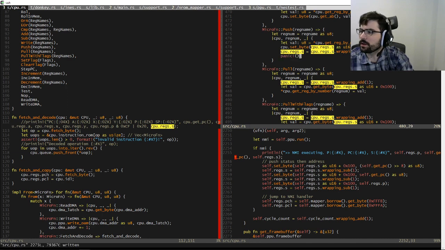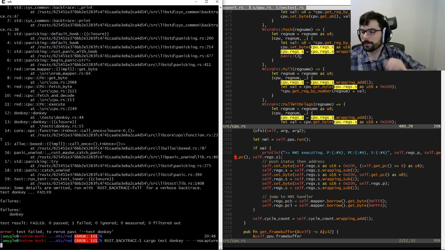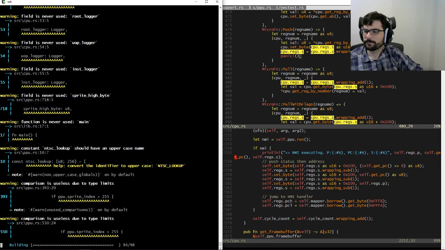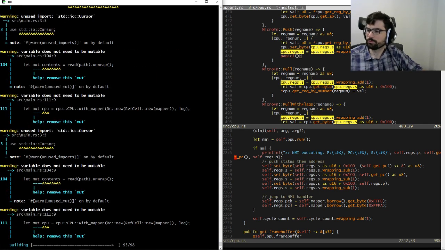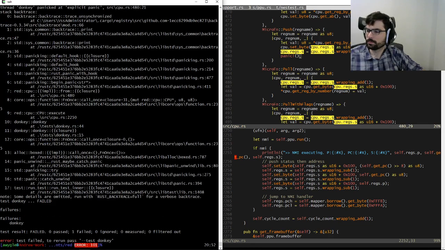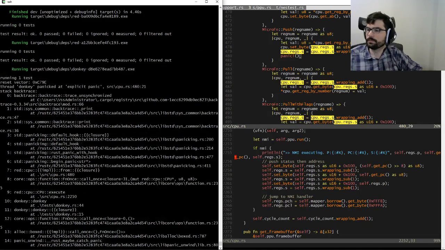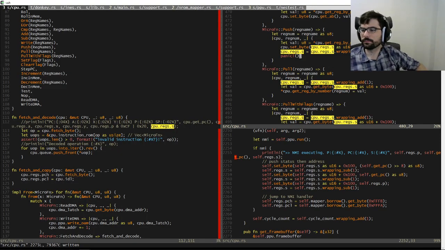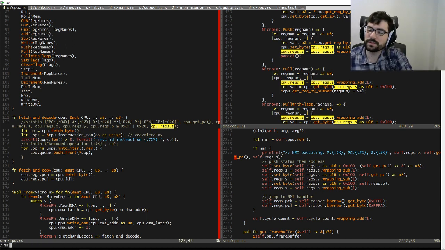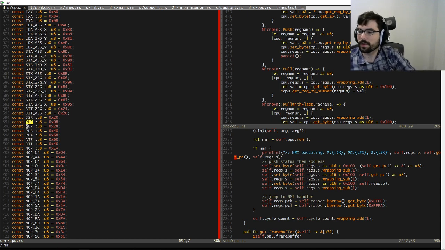Let's see if we ever call push directly. Yep, something is pushing to the stack. The only things it could be, at least in theory, are PHP and PLP and PHA and PLA.